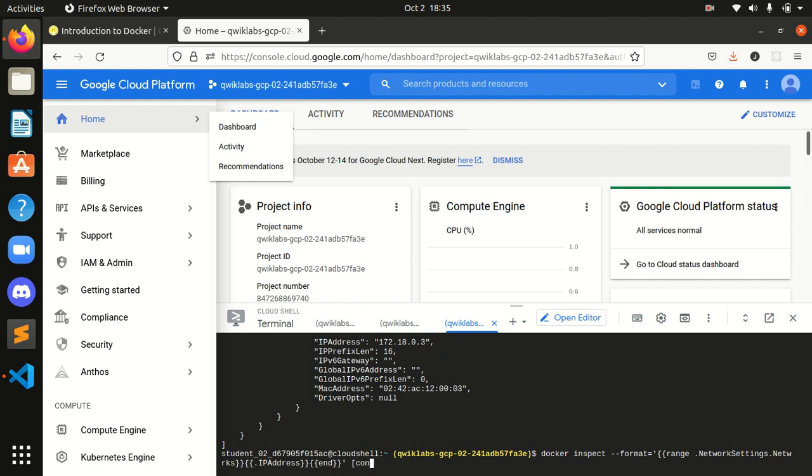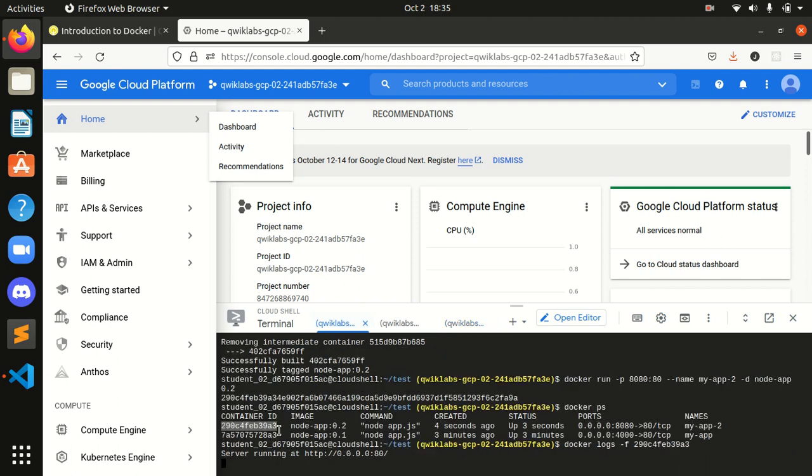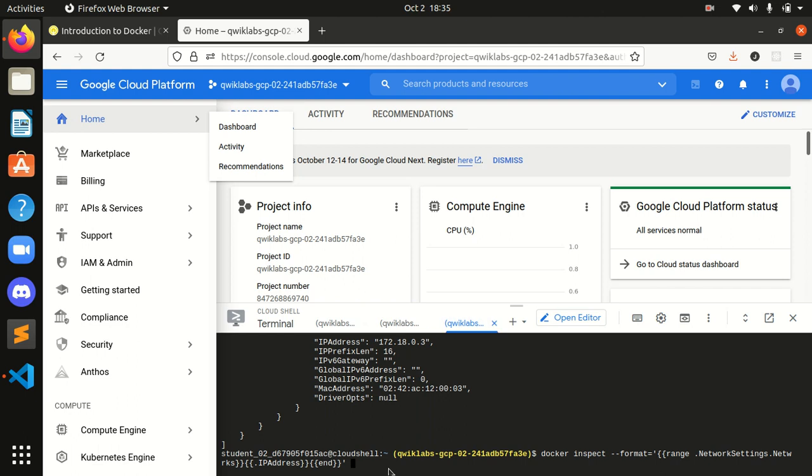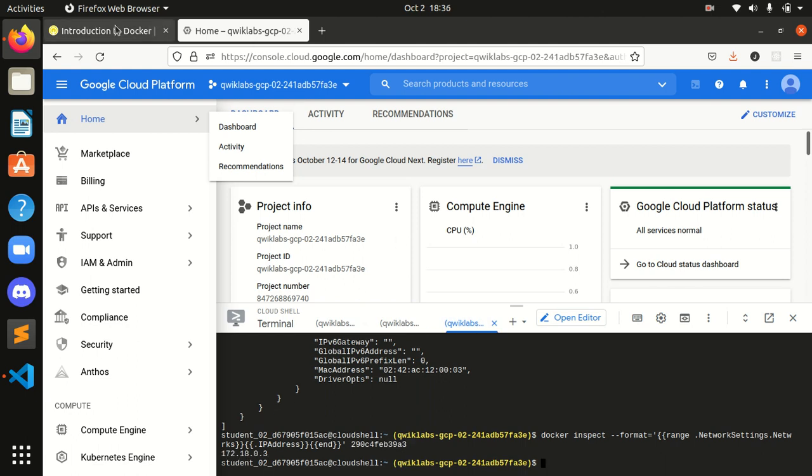I will first delete this, then copy this command, paste this command and press enter. Okay, we got that.